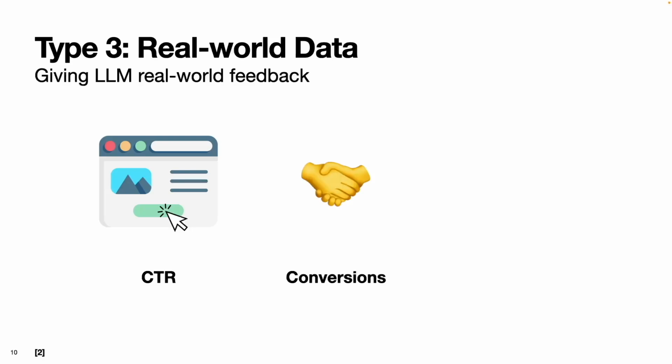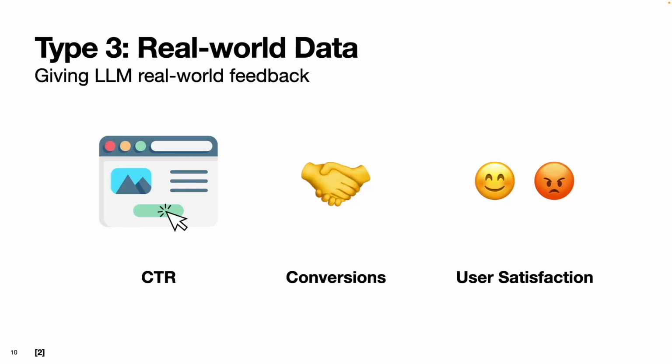Another version of this is maybe you're having an LLM write you a sales outreach script or maybe some ad copy. Then you can use the number of people who actually bought your product or service as the feedback signal to the model. Finally, something like user satisfaction. So basically, if you have a customer support bot, you can have thumbs up, thumbs down as the signal that you pass back to the LLM.